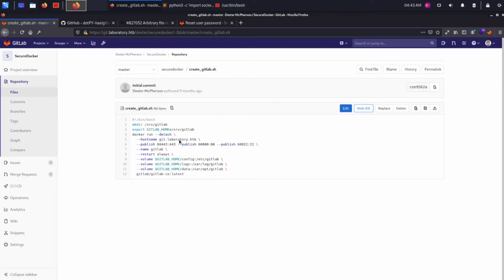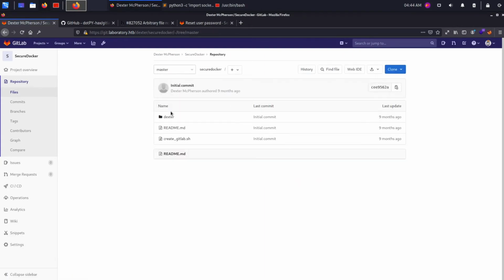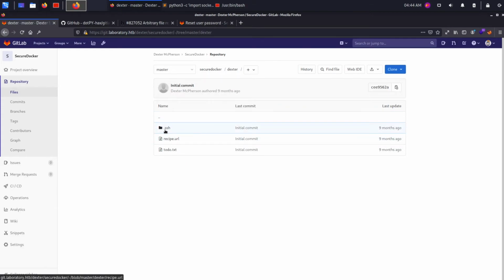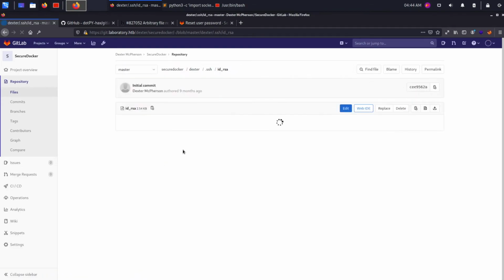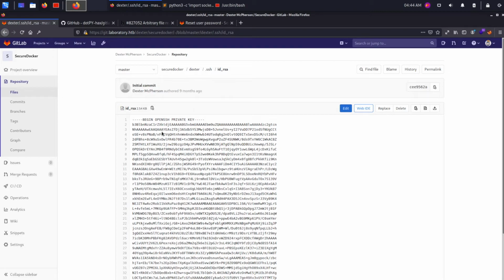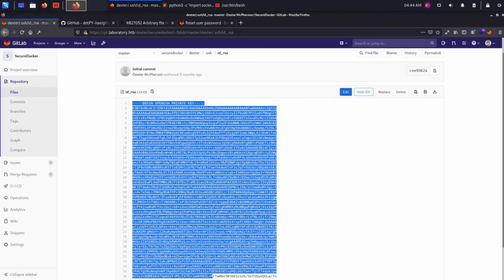Yeah, this is a script which runs Docker and makes a GitLab, and we can go to Dexter to see if there's any stuff, and we see that there's a .ssh, and we see that there's an id_rsa, and it's not encrypted, so we can basically copy this